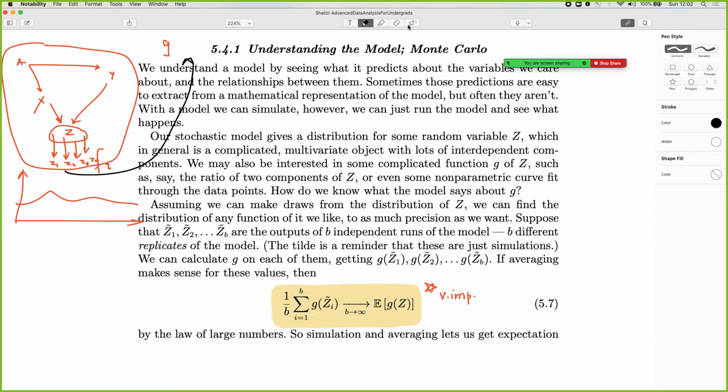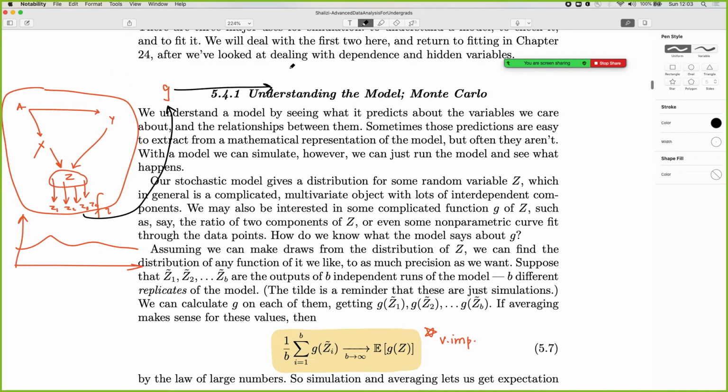That's the simplest possible explanation of what he's saying. And once you get these out of g, then you can use your